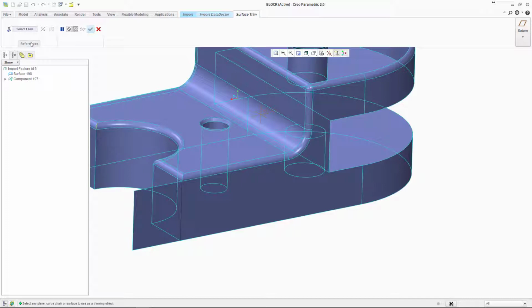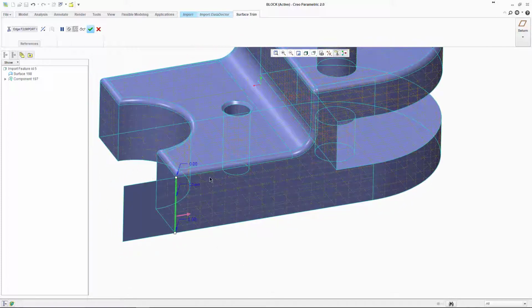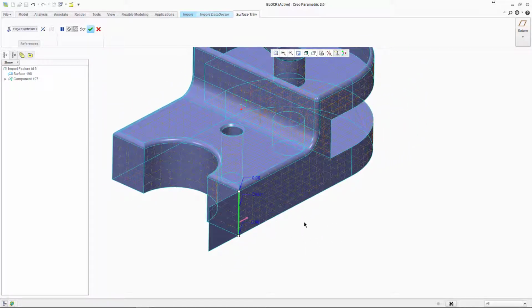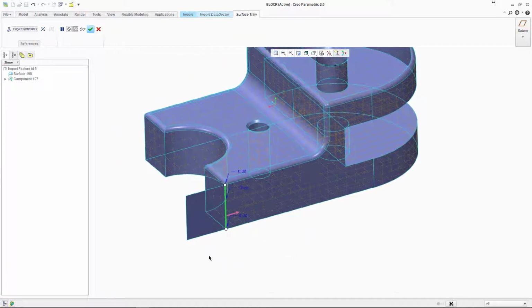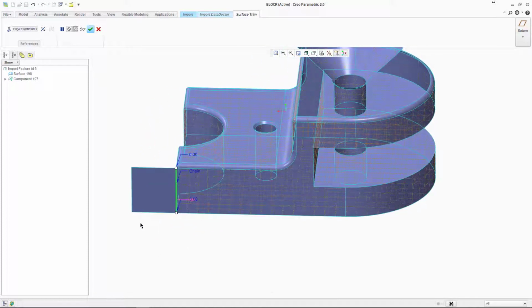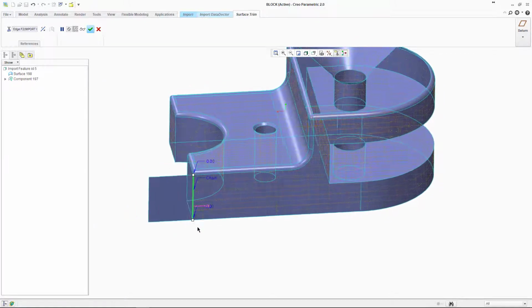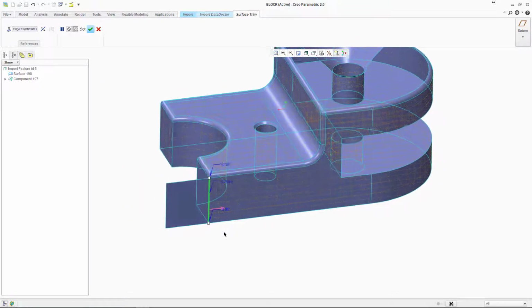So essentially what this is asking us to select is another surface or another edge as a reference to trim this surface that we selected first, this large side surface back. So we can select this edge here, and as soon as we do that, we get this preview, which the grid work that you can see there is showing the surfaces that are going to be kept, and then any surfaces that don't have the grid work on are the ones that are going to be trimmed away. So by default the system's picked the correct side of this edge to keep,